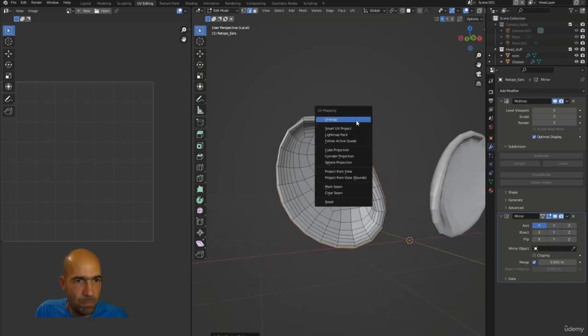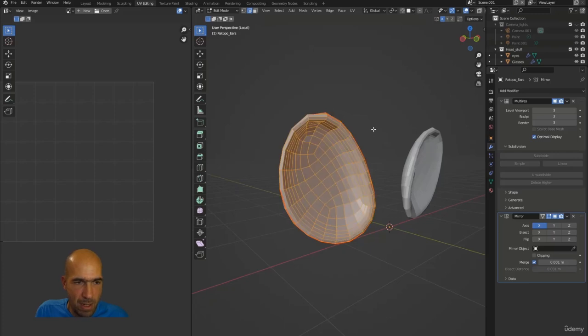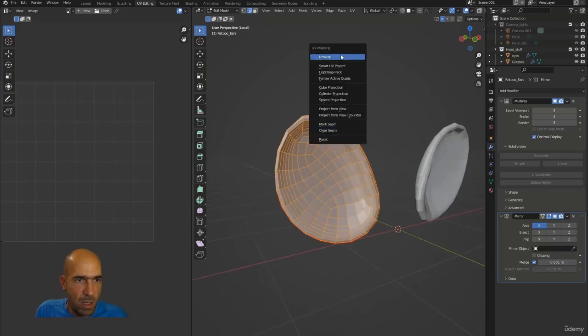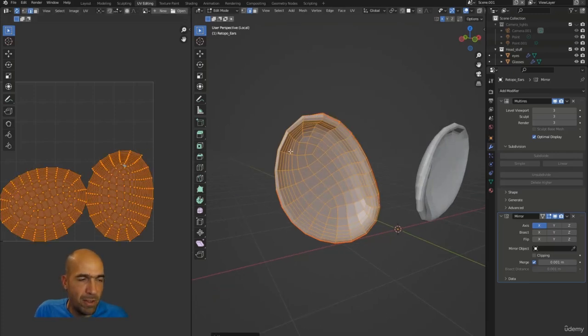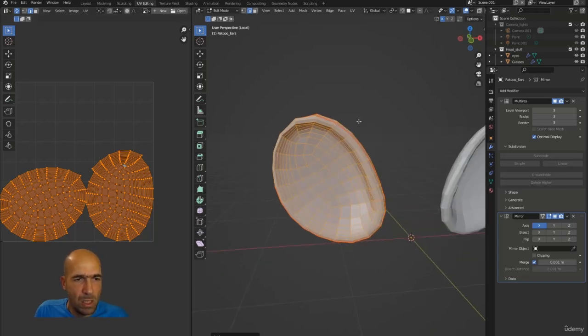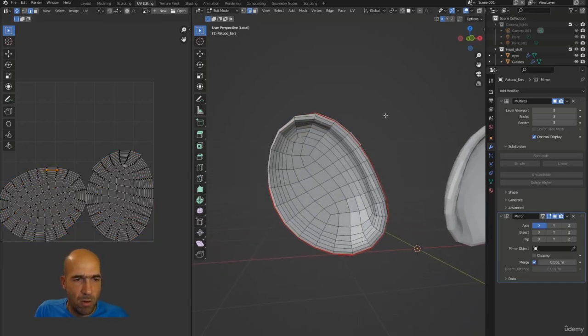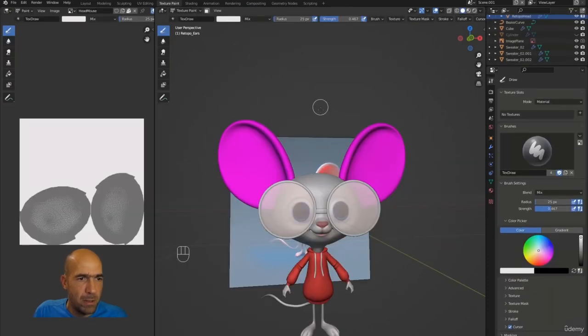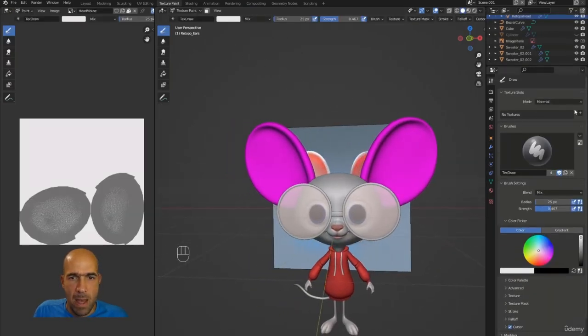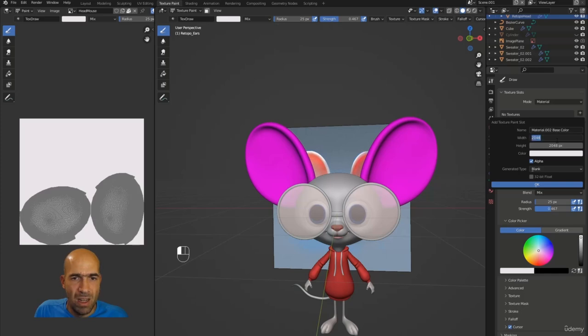Now press U, mark seam first, then press A to select it, and U, unwrap. Now we have it here. I will not touch it, it's unwrapped pretty well, so it's okay. And now we can go to Texture Paint, add a texture, base color. I don't think we need that much of a texture, so not that big texture here. So I will select